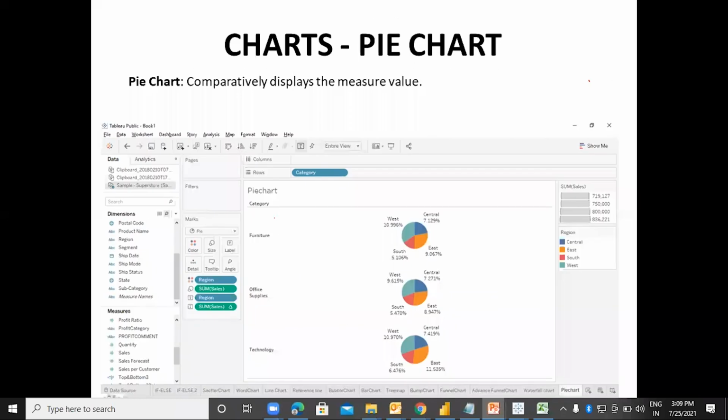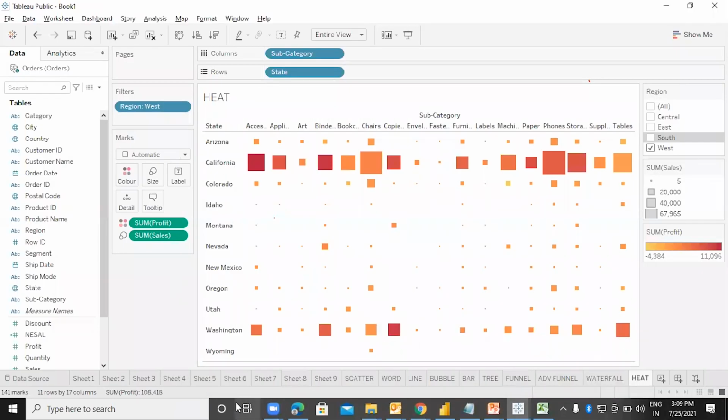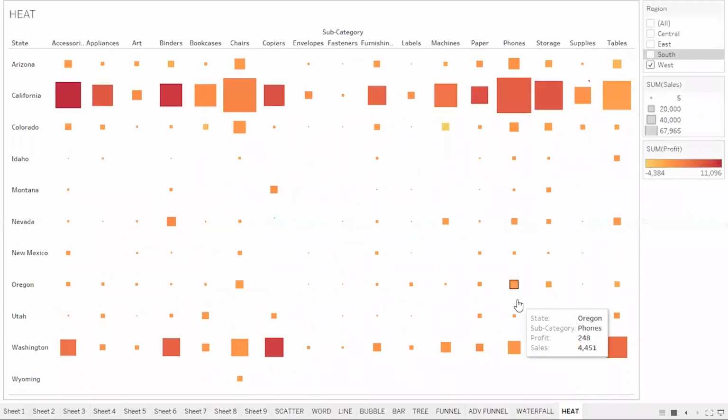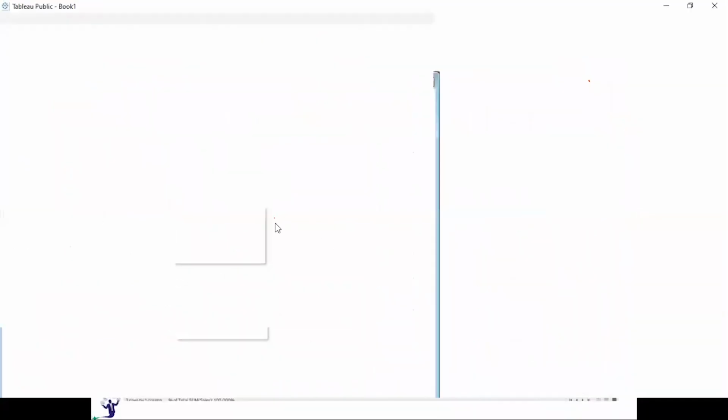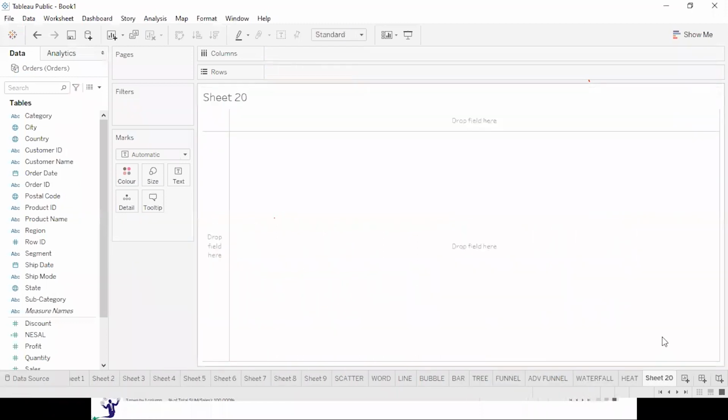Then we have the pie chart over here. So let's take a pie chart. Again, you know the pie chart is used for a percentage comparison. Here it is. Let us create a pie.